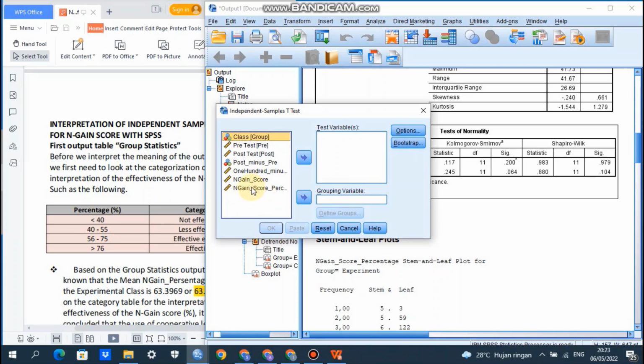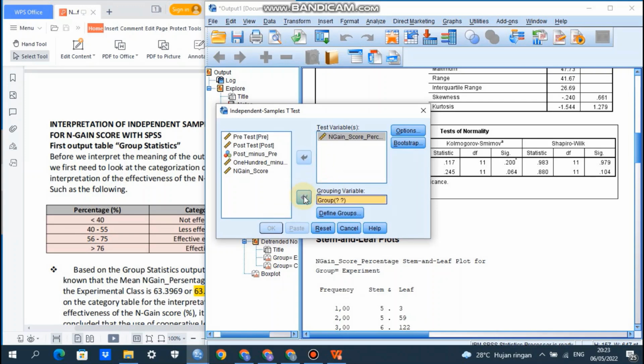We choose n-gain score percentage on the dialog box on the left, and we move it to test variables on the dialog box on the right. Then we click class group on the left, and we move it to grouping variable on the right.